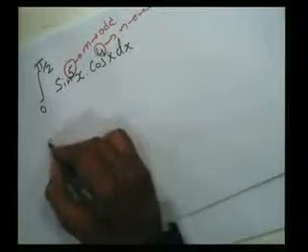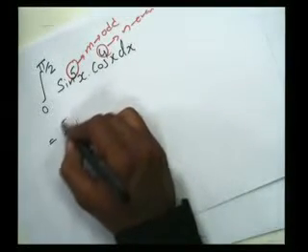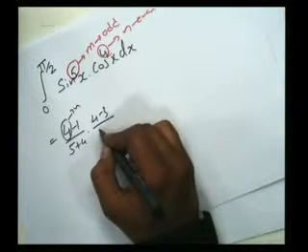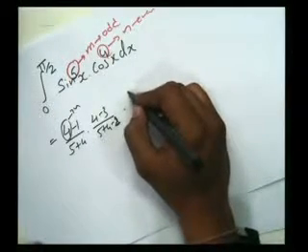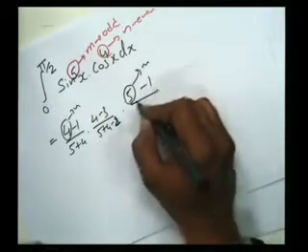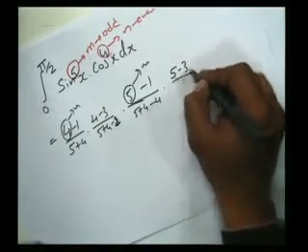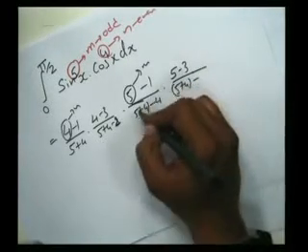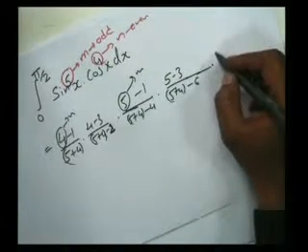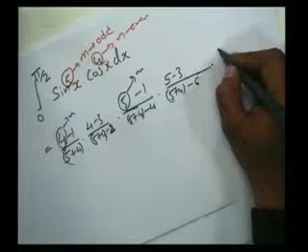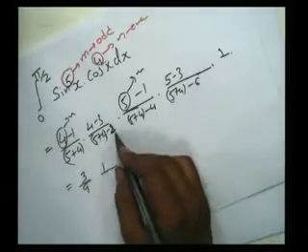The result is n minus 1, that means 4 minus 1, divided by 5 plus 4, into, we have to reduce n first, n minus 3 divided by 5 plus 4 minus 2, into, now we are going to reduce m, m minus 1 divided by 4 plus 5 plus 4 minus 4, 5 minus 3 divided by 5 plus 4 minus 6, and the last part we have 1.